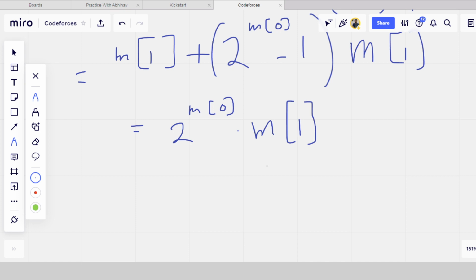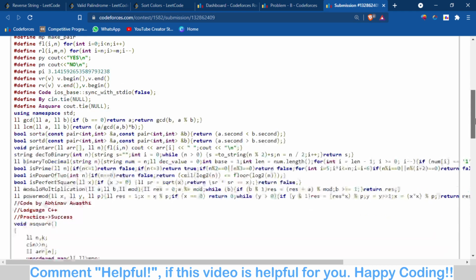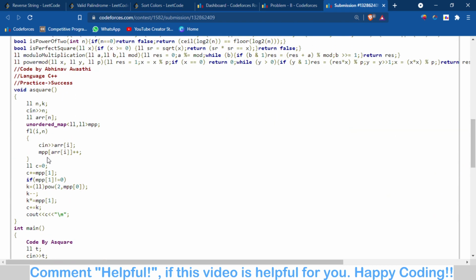So the code part is, here is the code part. Yeah, so let me tell you the code part. Where is the code part? This is my submission which is accepted now. The summation is that I have, first of all, I have checked the frequency of all the numbers. By the way, I have to just use the frequency of 0 and 1 only. But मैंने सारे numbers यहाँ पे calculate कर लिया है.